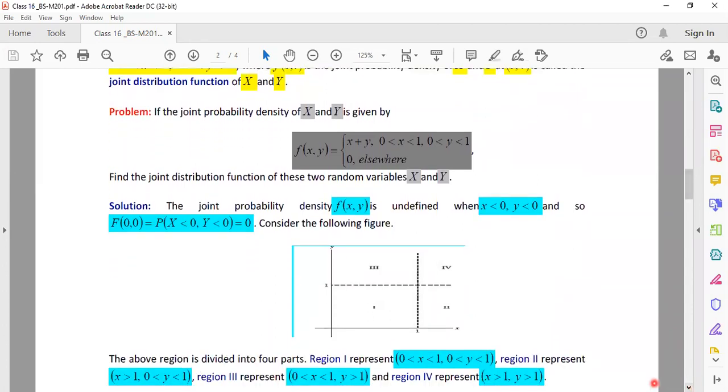Now, here is the problem where we got stuck in our previous class. I started discussing the problem, but somewhere in some part of the calculation, I can remember that one of the students was not able to understand what was happening, but I didn't clarify the thing and I moved on. Okay, so here I'm going to explain the thing once again. I think that now if the student is present in this particular class, he or she is going to understand the matter clearly. Now here in this particular case, the joint probability function is defined in the following manner.